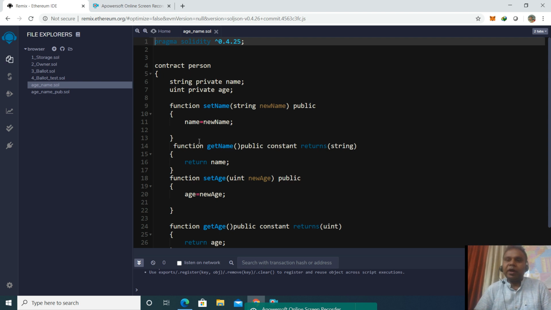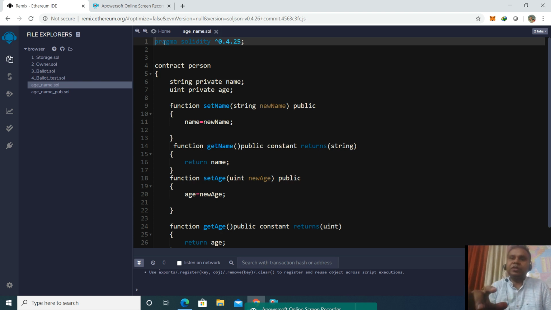A smart contract is basically the application which is running on a blockchain platform. The platform is Ethereum which we have taken, and this application depends upon the user. The code given here is a simple code in which a user can give a name and an age, and the contract will fetch the name and the age.